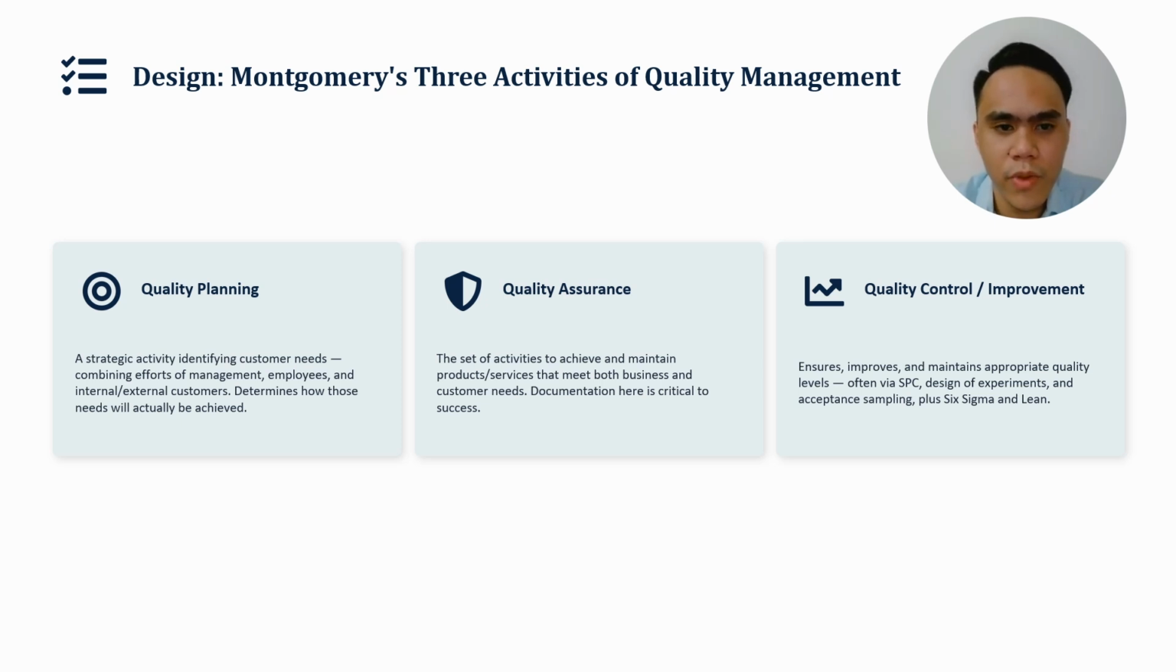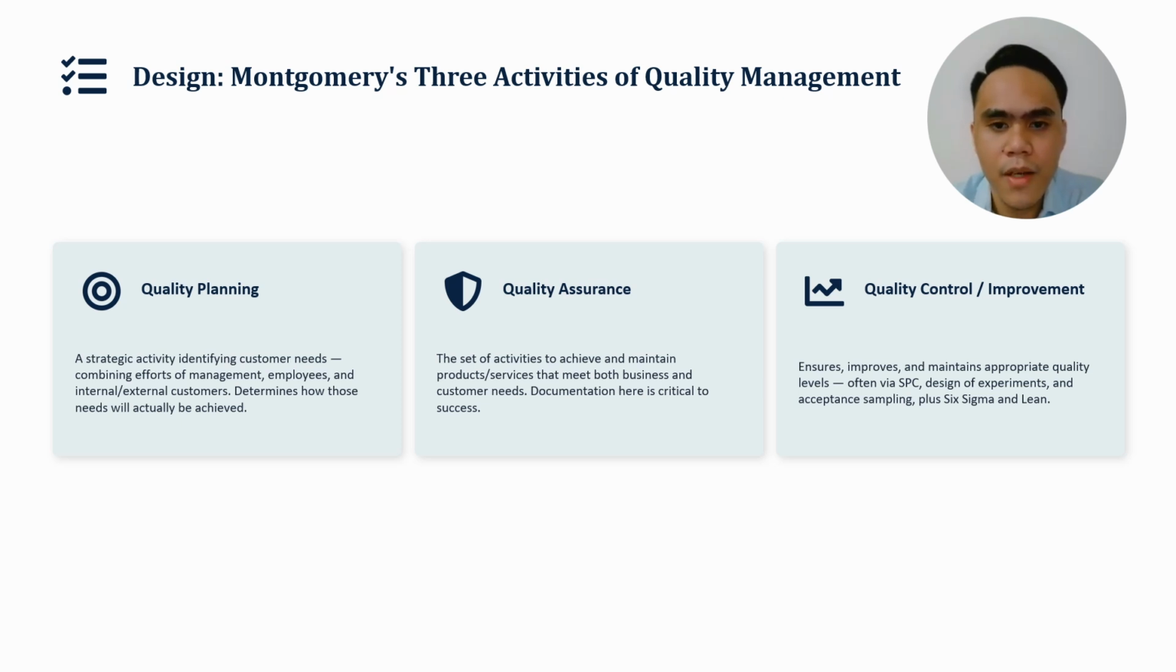So Montgomery in 2013 argues that the effective management of quality involves the successful execution of three activities. Number one is quality planning. It's a strategic activity that involves identifying the needs of the customer. This activity relies on the combined efforts of management, employees, and customers, both internal and external, and determining how the needs of the customer will actually be achieved should be included